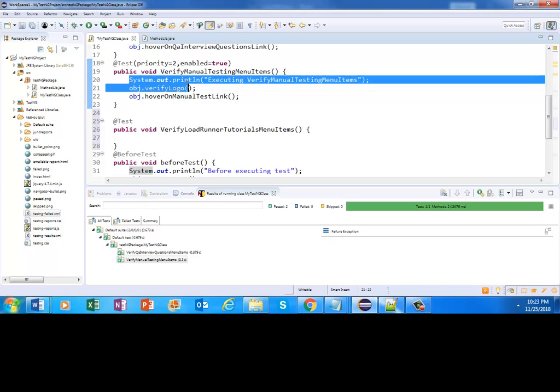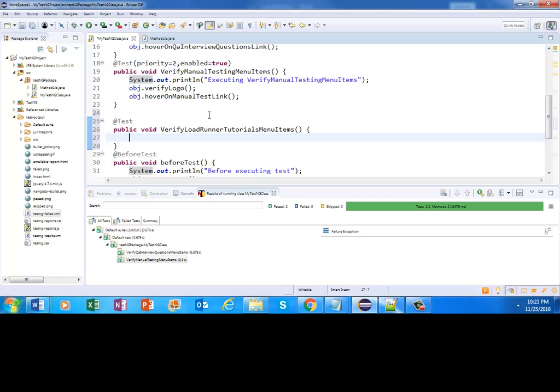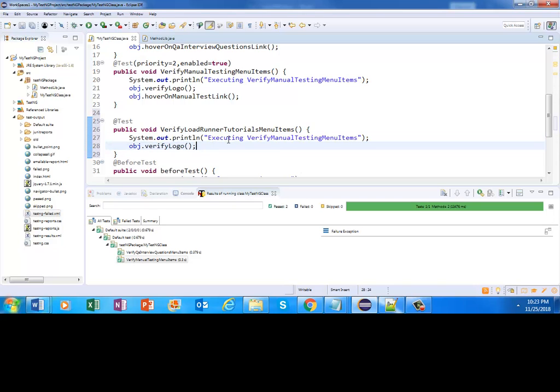Both of these methods will be verifying the logo when the page is open, and here I am executing verify load runner tutorials, right? And I'm going to verify logo. After verifying logo,